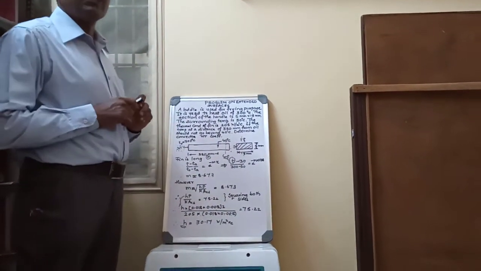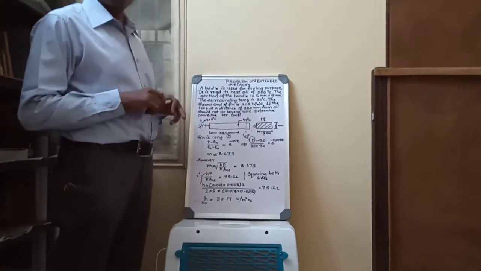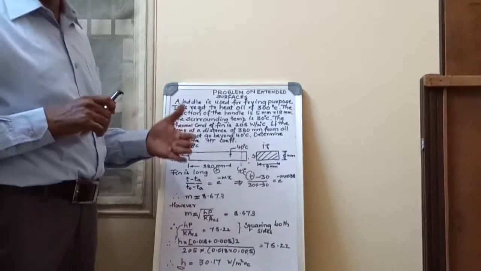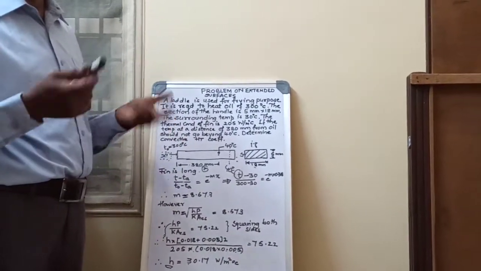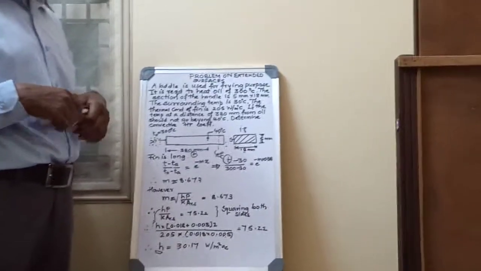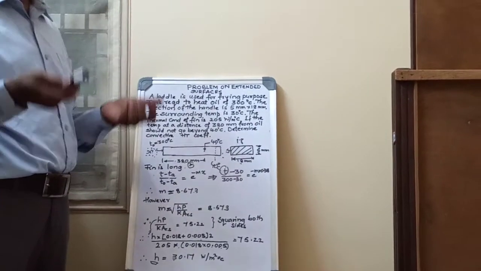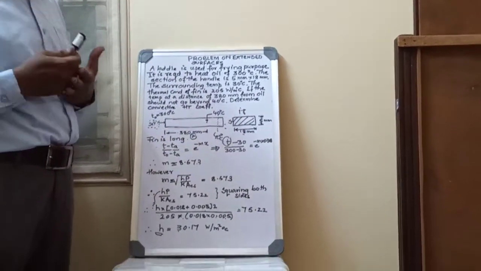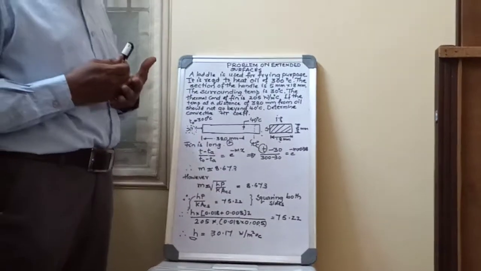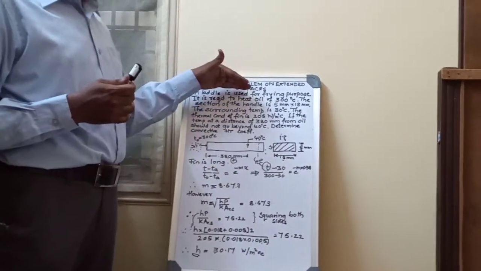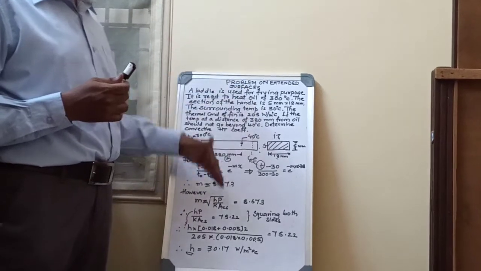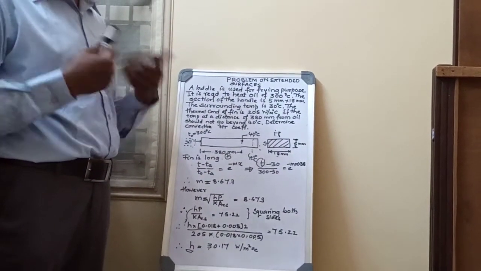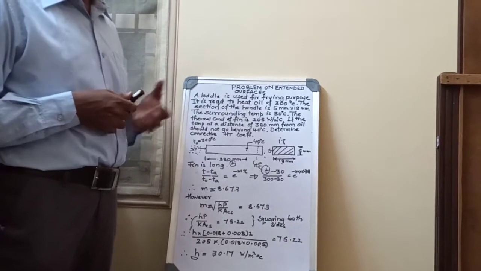One thing we have to remember is that you have to recognize the fin. It is a long fin. So whenever it is a long fin, you have to use the formula of the long fin. If it is a short fin, you have to use the formula of the short fin. If it is a short fin insulated, then you have to use the short fin insulated formula. Likewise, in many cases, you have to recognize and go forward. That is important. Even though the diagram is not asked and only the solution is asked, you have to compulsorily draw the diagram. That is important. So this is all about this problem.